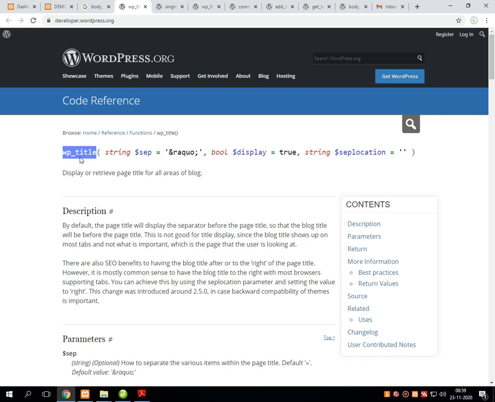The first parametric value is of type string, a separator. The second type of parametric value is display, which displays on the screen and is of boolean type. And the third one is again a string which returns the separator location of the website for wp_title.